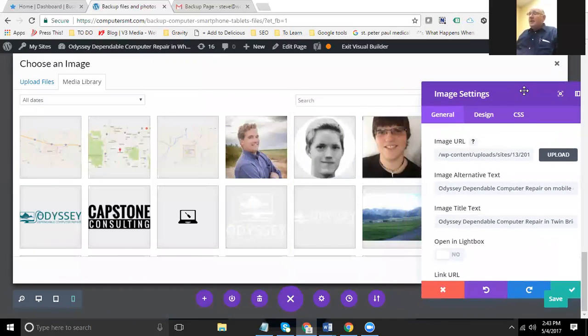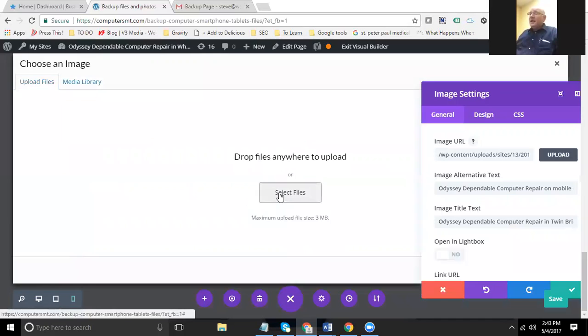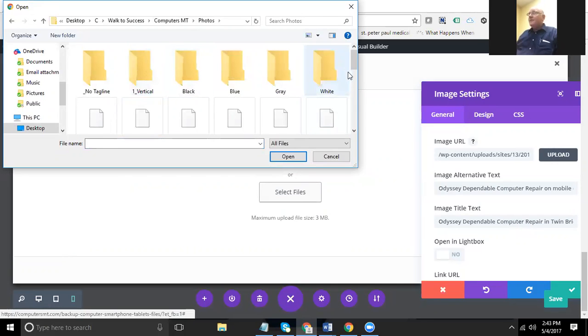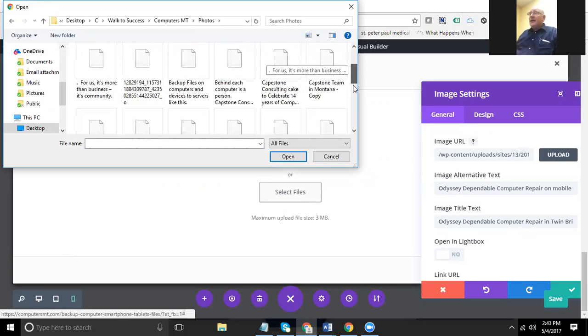So here I'm in the media library. Okay? And I'm going to upload a new file. I'm going to select the file from my desktop. I'm going to go to capstones. I'm going to go to the photos that I have. And I'm going to select